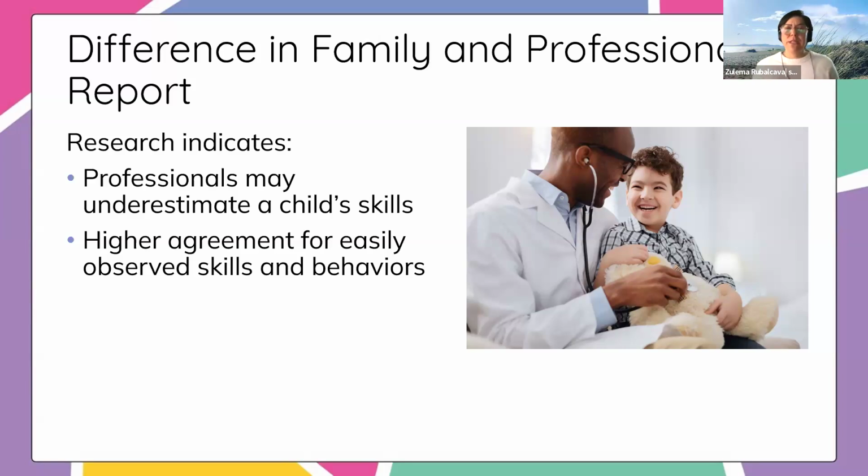So the ASQ does a really good job of choosing those skills that are very easily observed, that there wouldn't be that much disagreement about, right? So for example, there is a question in the gross motor section that asks, can your child stand on one foot for 10 seconds? That's really easily observed. There's not going to be a lot of disagreement on whether or not they can do it or not, right? You either are or you're not. So the ASQ tries to have as many of those easily observed skills, so that's why there's really higher agreement.